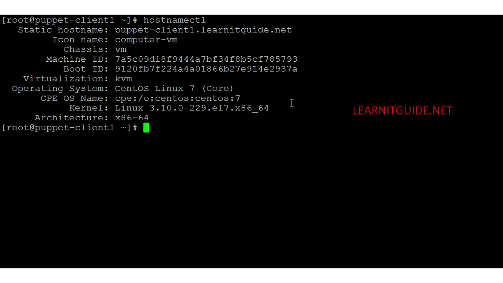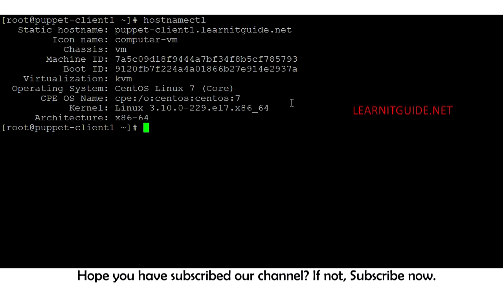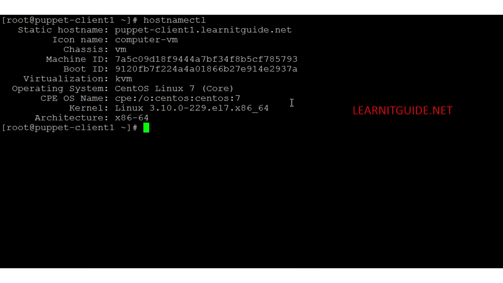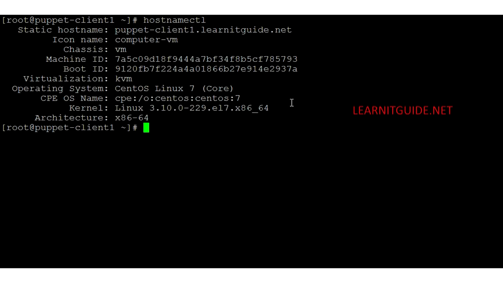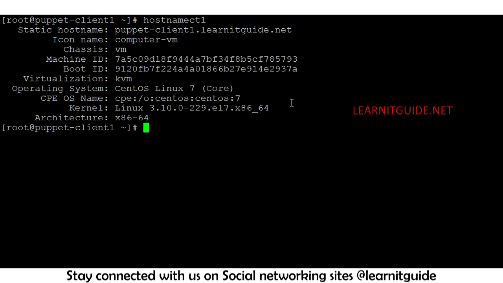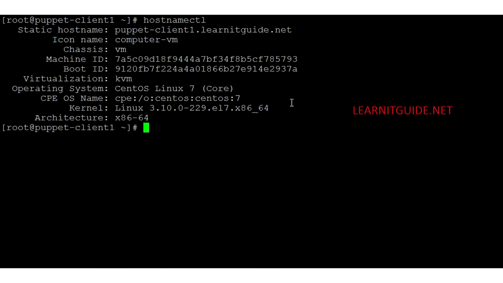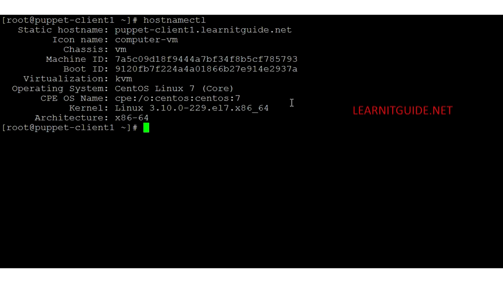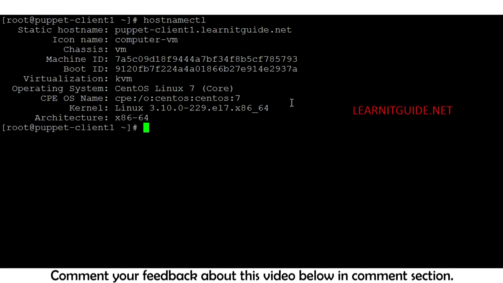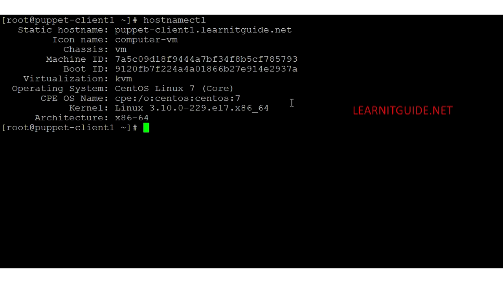By default, all the agents will go to the Puppet master every 30 minutes. So every 30 minutes, every agent node will reach the Puppet master and will try to get the manifest file or modules or any other configuration changes. It will check for the configuration file. According to that, if the node is present, the changes will happen at the client end. If you want to override this 30 minutes, because I cannot wait 30 minutes,